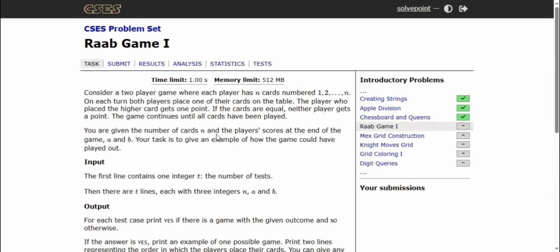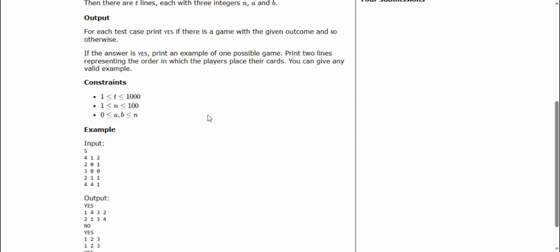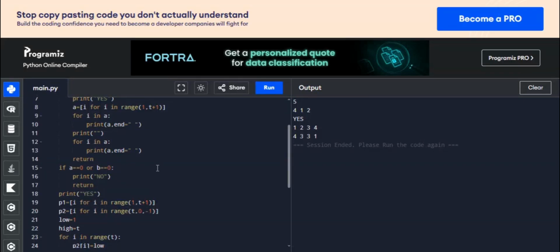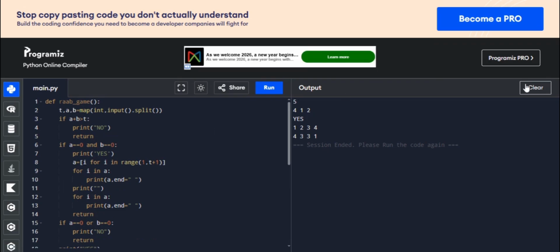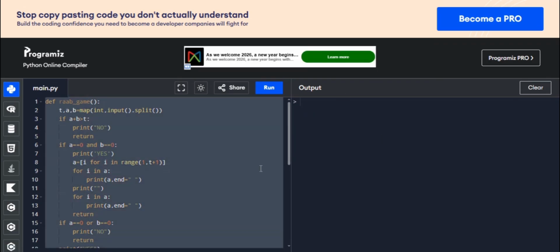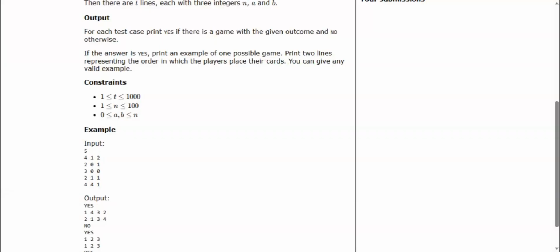There is no specific way, but you just need to make sure the games they win are correct. So I was trying out a few things before, and yeah, let's just solve it and understand how we can solve it,